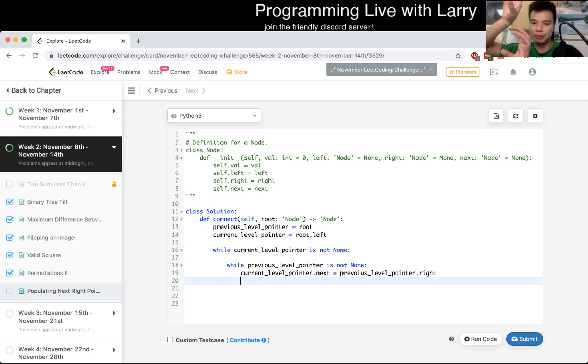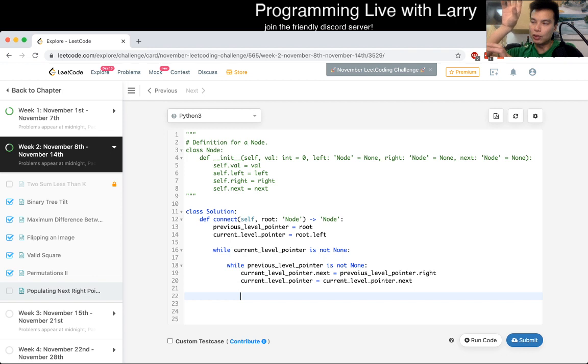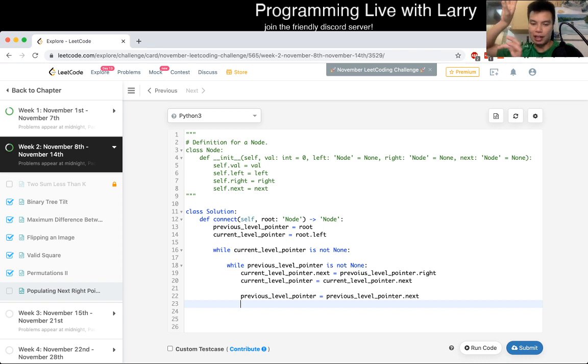Now we want to get to the invariant at the end of this loop. Well, first move the current pointer to the next. So current level pointer is equal to current level pointer dot next. And then we want to move the top pointer, the previous level pointer, to the next. So previous level pointer is equal to previous level pointer dot next. And then we want the current level pointer to be looking at the new left. So if, no, that's okay. I was going to say,